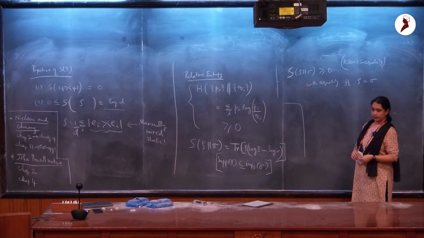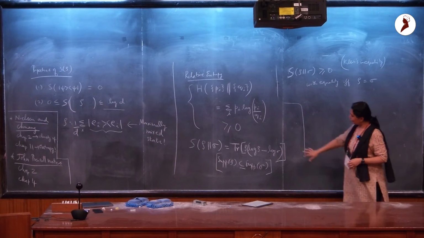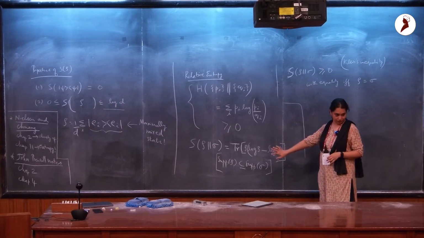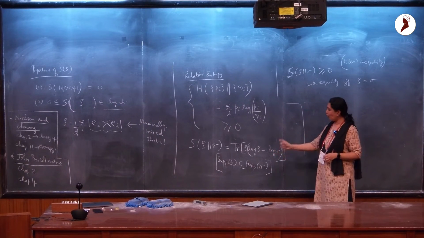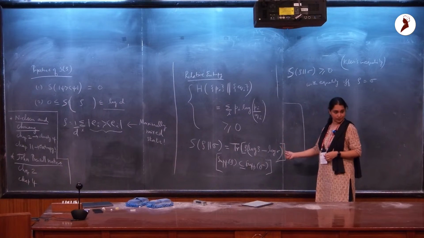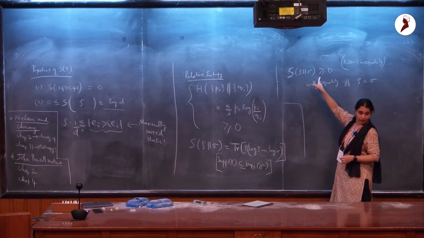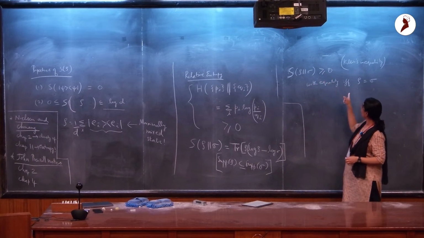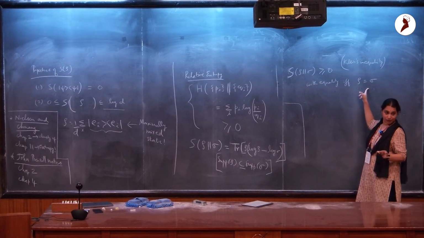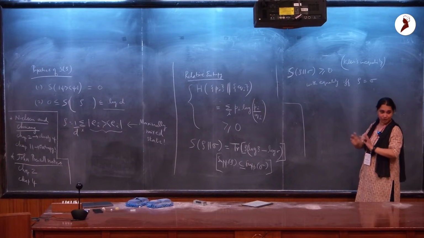I didn't say it was a metric for now. Let me just say that it's a distance measure. It's a measure of how different these two density matrices are, and the reason I say that is simply this, that it is positive, okay, and 0 if and only if the two density matrices are the same. So it gives me a measure of how different they are.